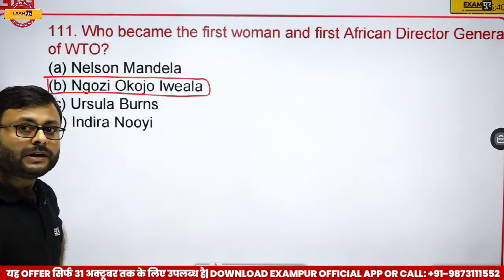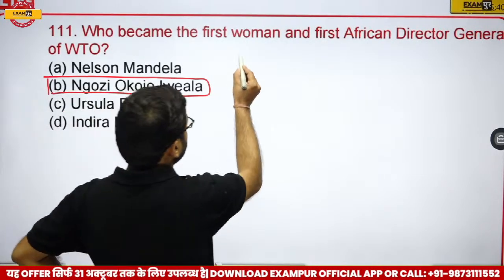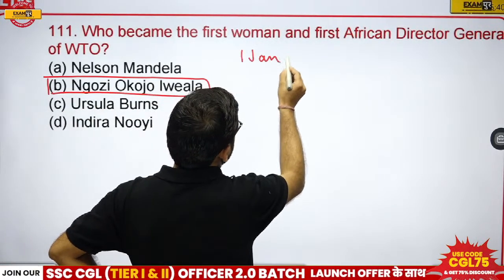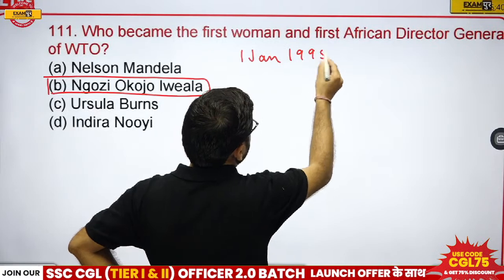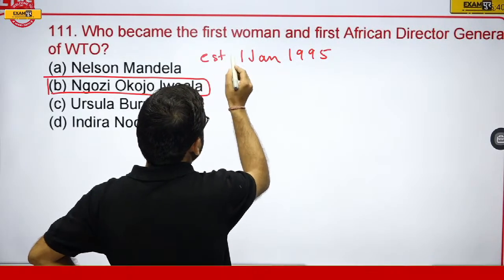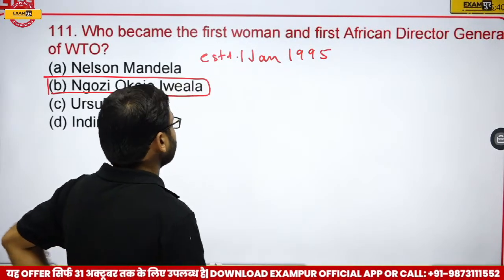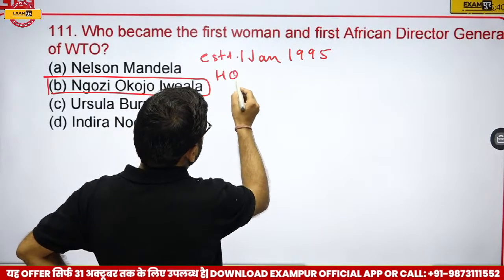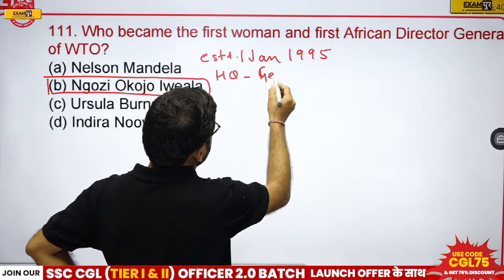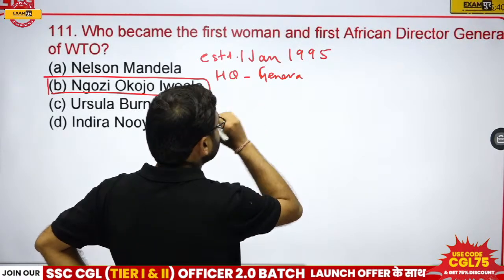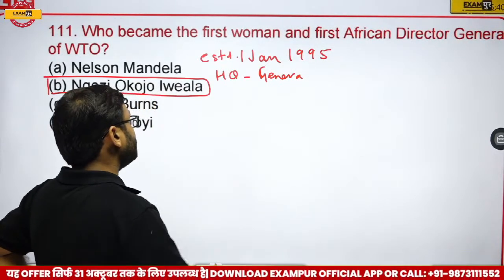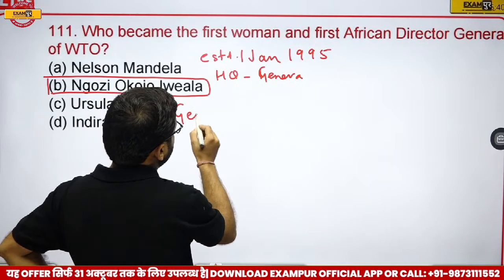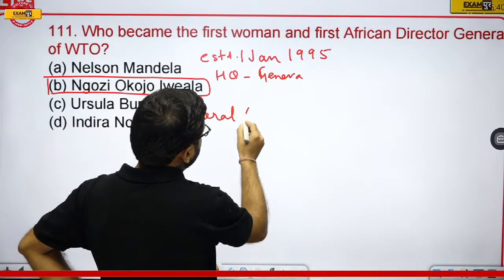The World Trade Organization was established on 1st of January 1955. That was the establishment date of the World Trade Organization, and it is headquartered at Geneva, Switzerland. Earlier there was an organization known as the General